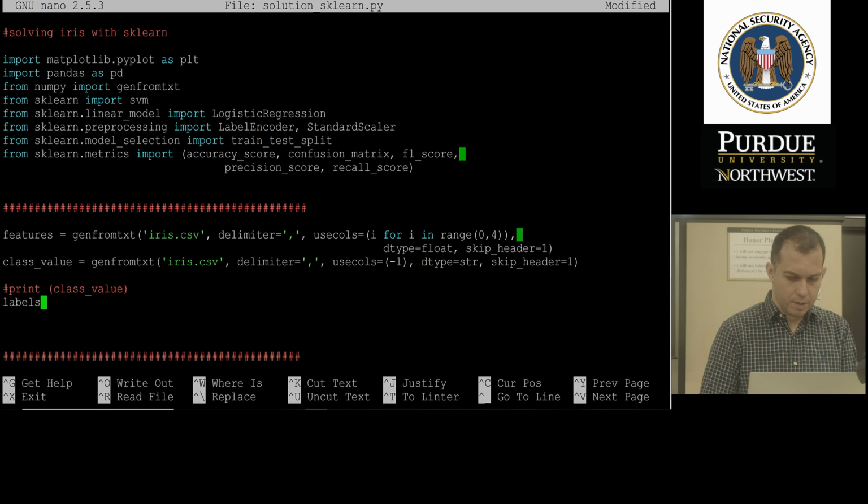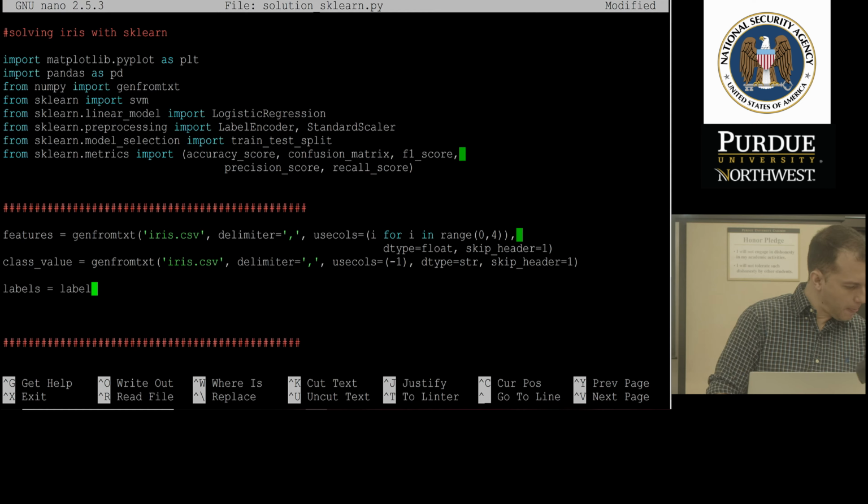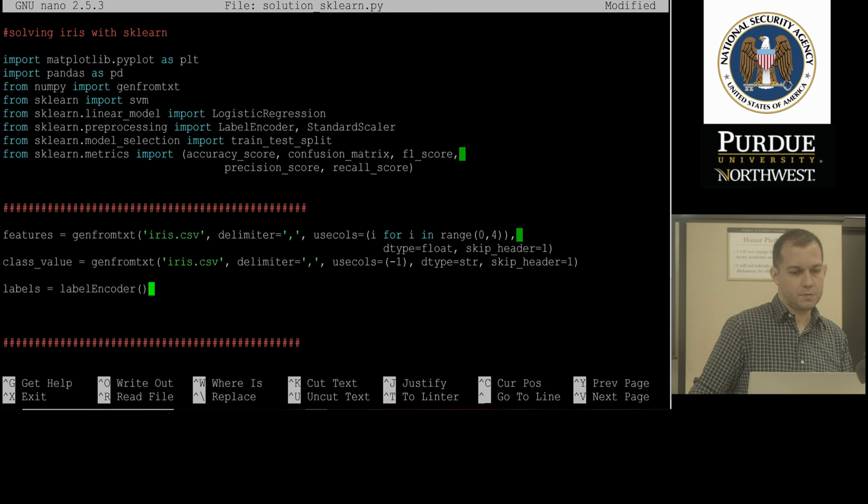And actually, I'm going to delete this. Okay, I'm going to do labels equal label encoder. Right, that's the label encoder that's up here, this function. So label encoder dot,